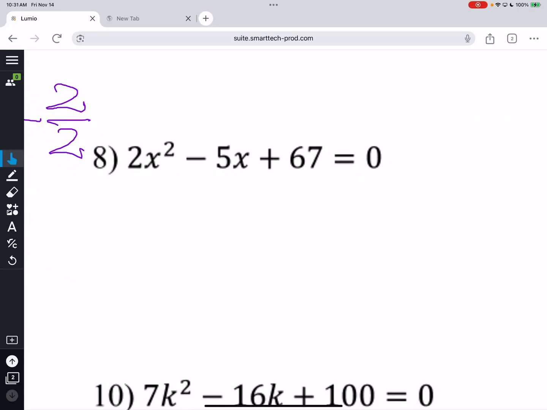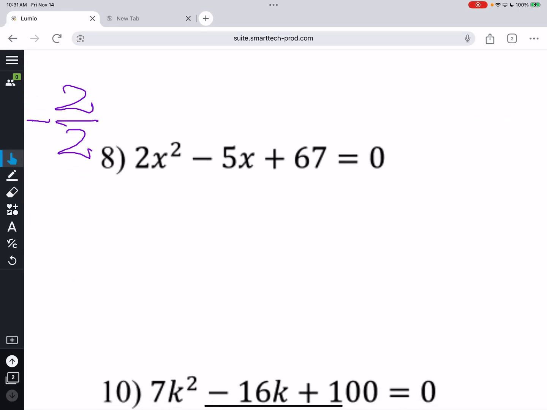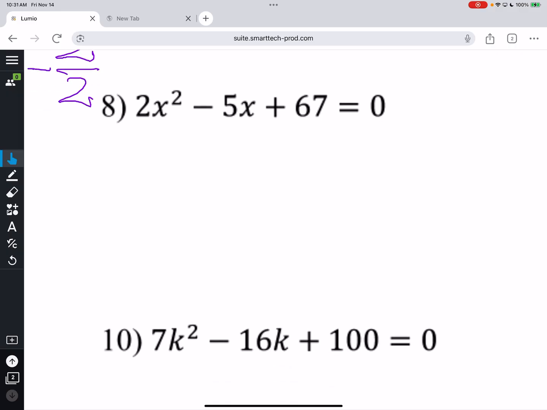So, number 8. How do we start it? Nothing goes into all of them. Right. So you move over. You just work it normally then. Yeah, just work it normally. What do we move first? 6, 7. 67. So we have